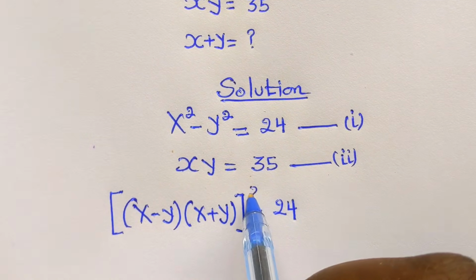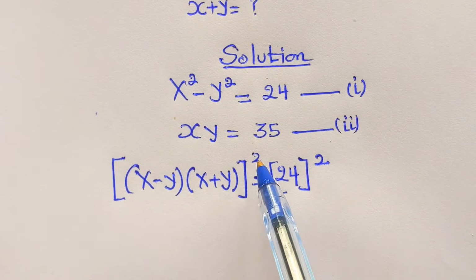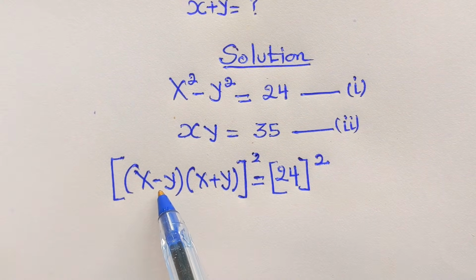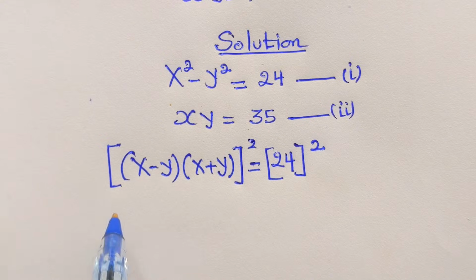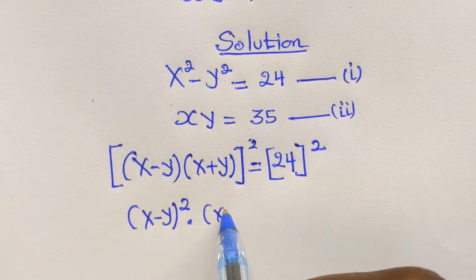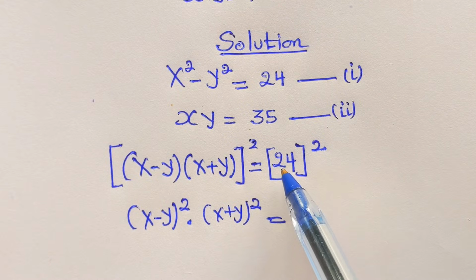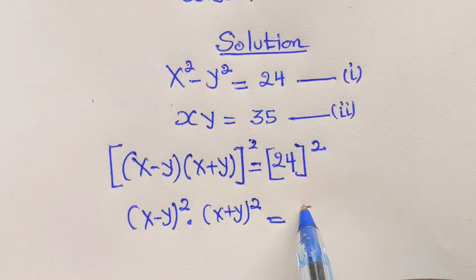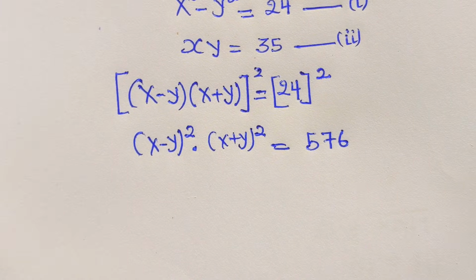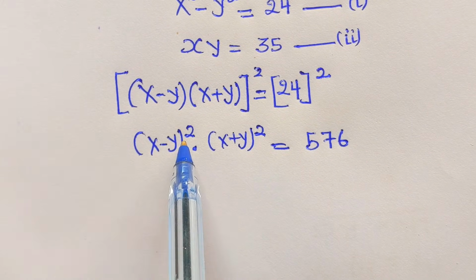Squaring both sides, the exponent of 2 applies to each factor, to get (x minus y) squared times (x plus y) squared, which equals 24 squared, that is 576. Then if we expand this x minus y squared, we can get